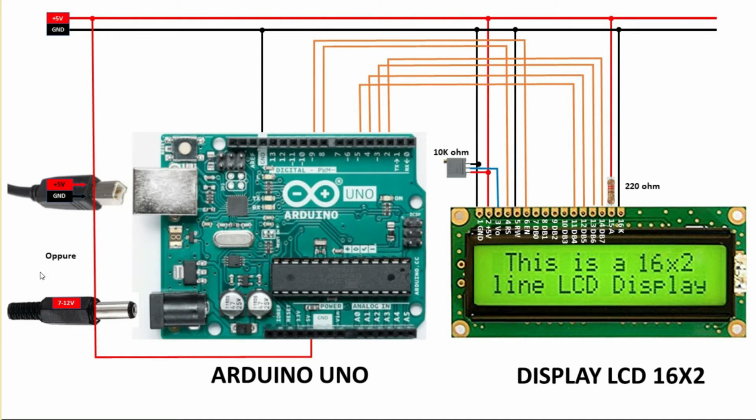Let's start with the power supply. It can be supplied by a connector from an external power supply with a voltage between 7 and 12 volts, or the even more convenient and simple solution is to use the USB connection, which on one side goes to the computer and on the other supplies the 5 volts to the Arduino Uno. Furthermore, this connection also allows us to program the microcontroller. Now let's see how the various signals are interconnected between the Arduino Uno and the display.